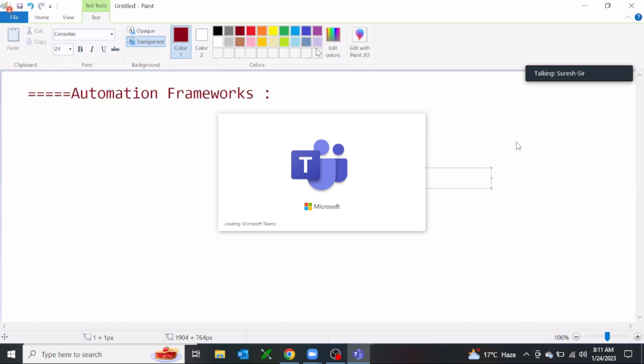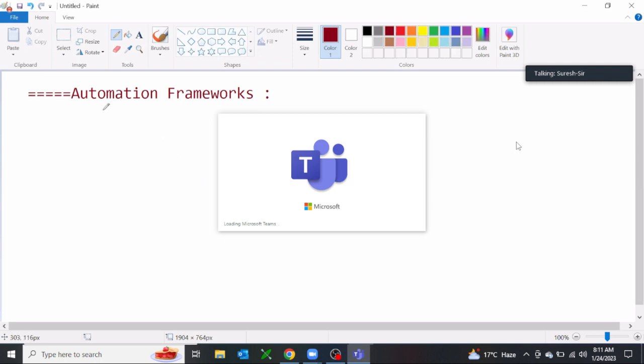See the name. In the name itself, we can clearly understand what it is: automation frameworks. That means whatever automation work we are doing, we need to frame it into a proper structure. The automation work,